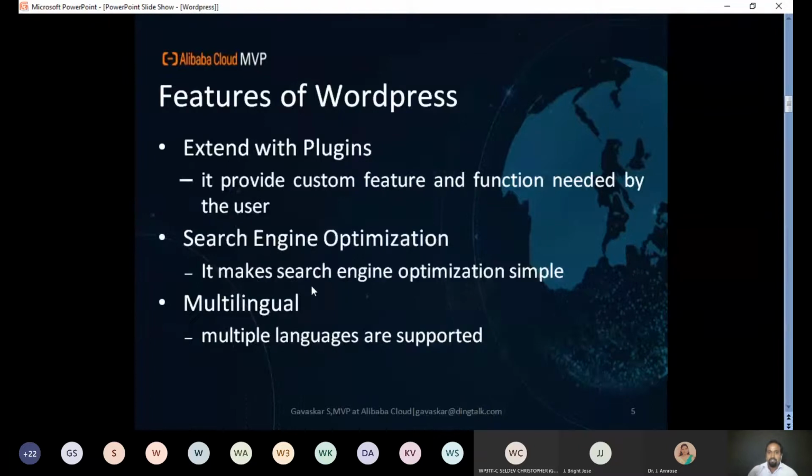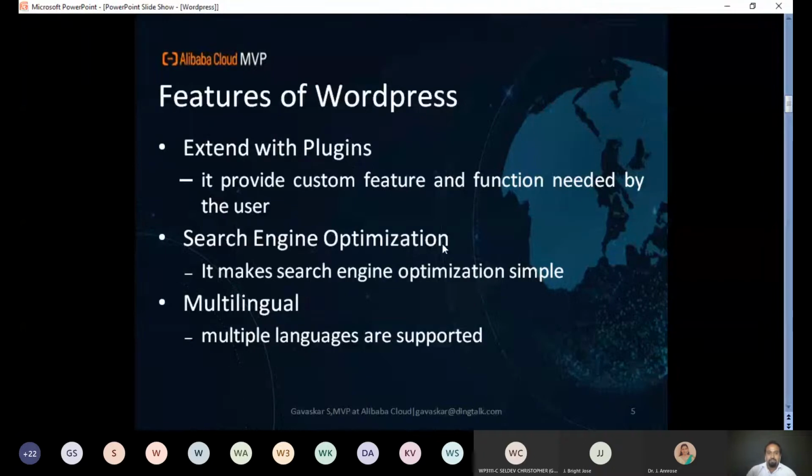Another feature is plugins. Another important feature present in WordPress is the plugin. If you want to add some features in addition to what is available in the WordPress template which you have used, you can go for plugins. Some plugins are available free, but for most plugins, you have to pay.